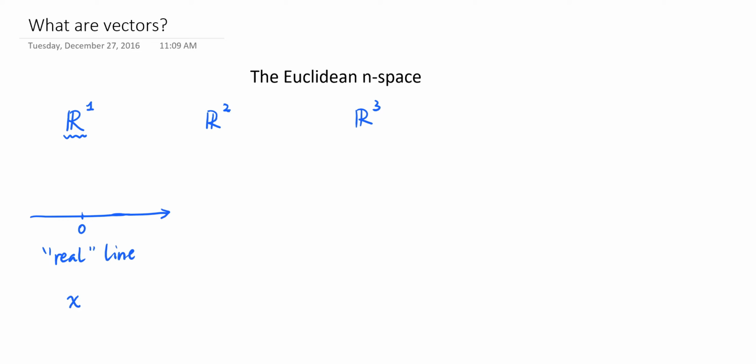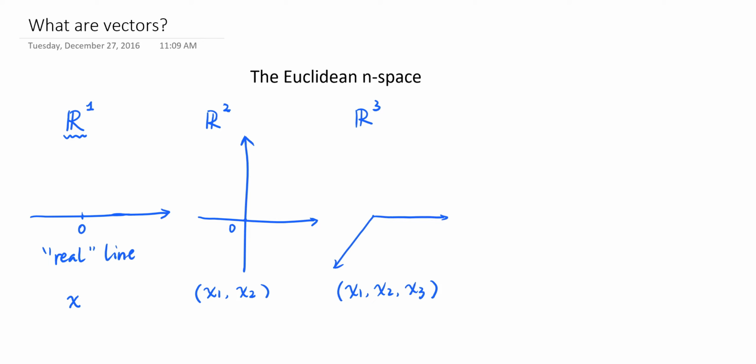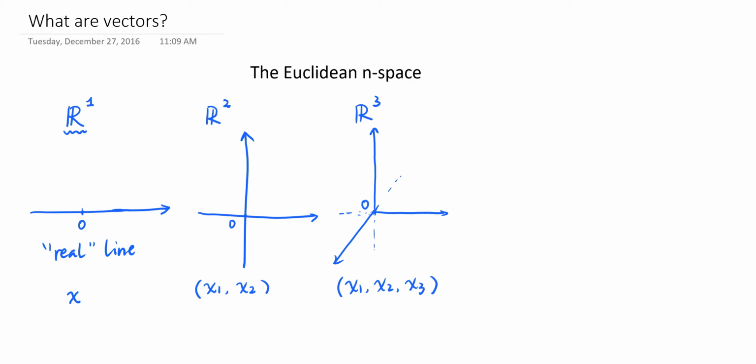And then R2 is the set of all two tuples whose components are real numbers. So R2 is basically constructed by two real lines that are perpendicular to each other. R3 is the set of all three tuples whose components are real numbers, and it's constructed by three real lines that are perpendicular to each other. And when it comes to higher dimensional Euclidean spaces, they're not as easy to visualize. There are some beautiful videos online about visualizing the fourth dimension, but in general, we focus more on the algebraic properties of higher dimensional Euclidean spaces.